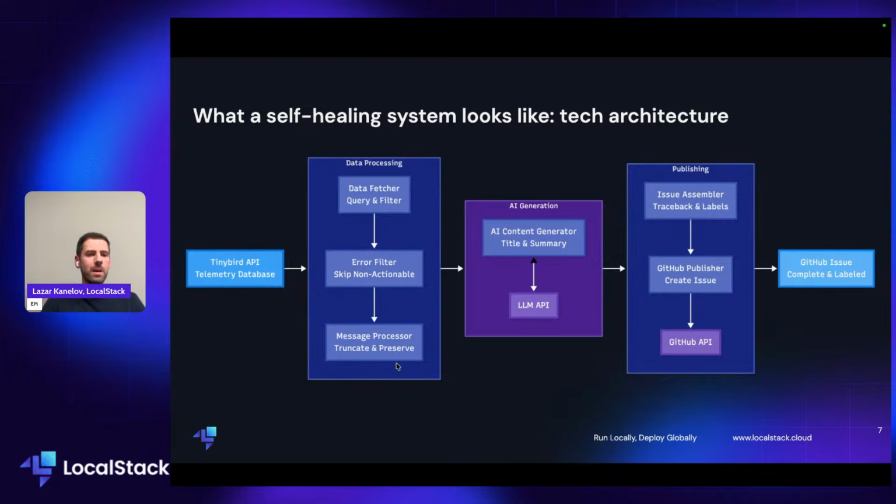On the left-hand side, we have our data source. In our particular case, this is Tinybird because at WackelStack, we use Tinybird as a data warehouse. And for those of you who are not familiar with Tinybird, it has this nice feature called pipes, which are in essence RESTful APIs. So basically you can consume your data via RESTful APIs. And you can imagine that this is perfect for integration purposes.